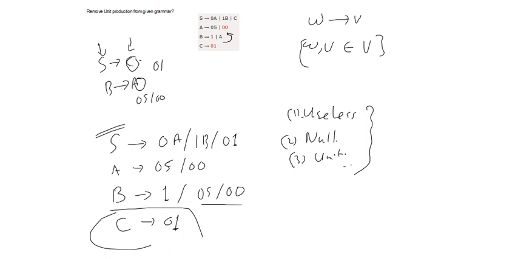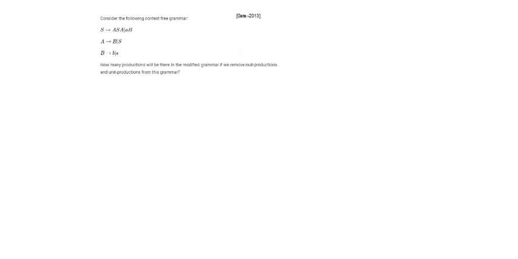So now we'll see one question which is asked in GATE 2013. They have given one grammar. Consider the following context-free grammar: S implies ASA slash AB, A implies B slash S, and B implies B epsilon. How many productions will be there in the modified grammar if we remove null productions and unit productions from this